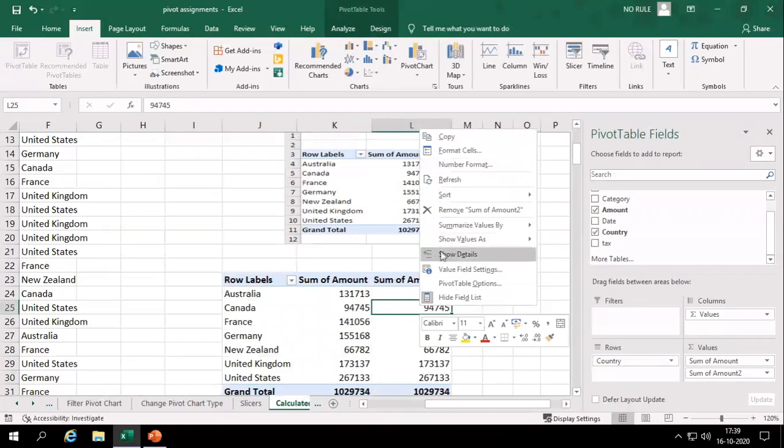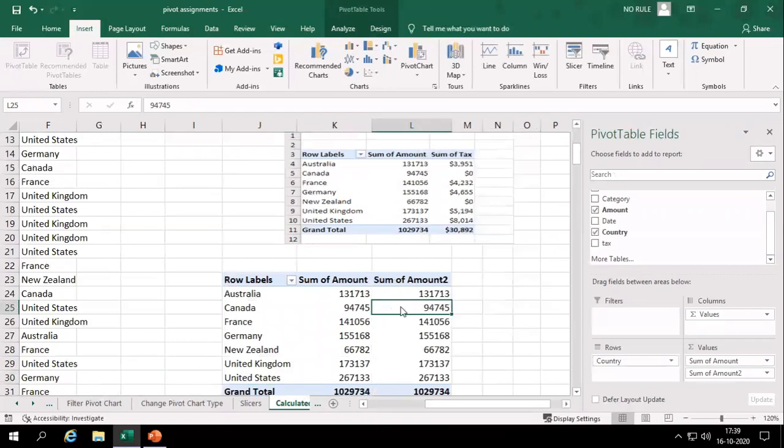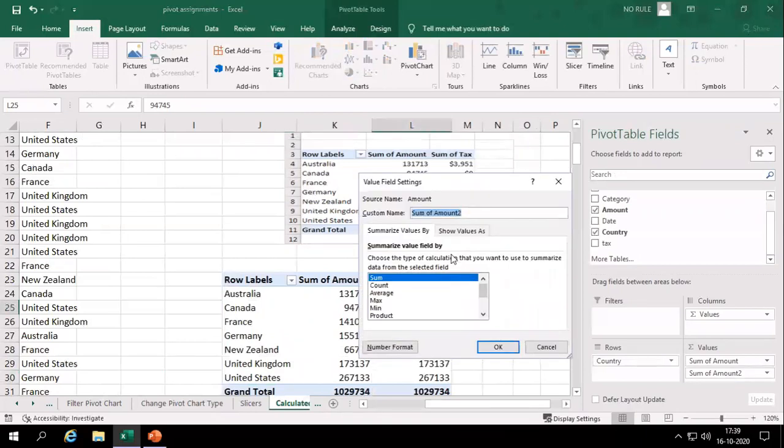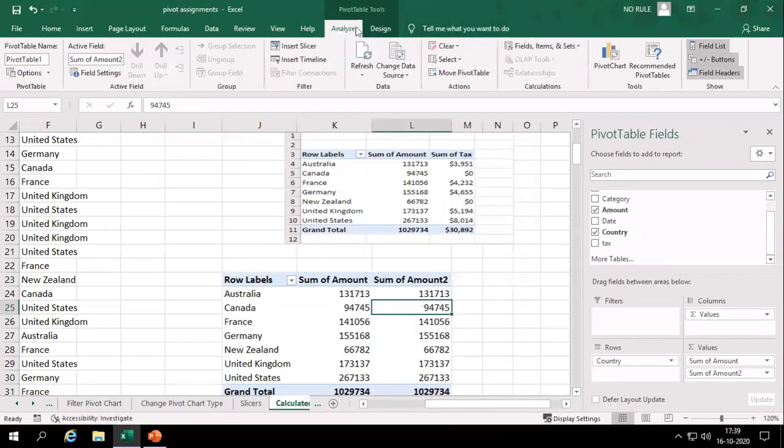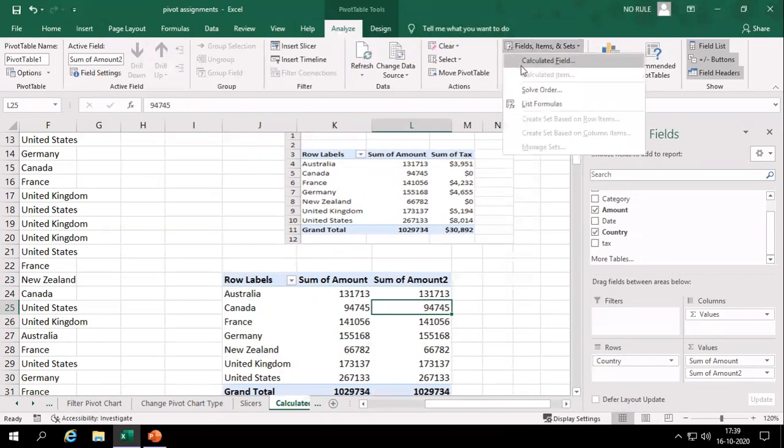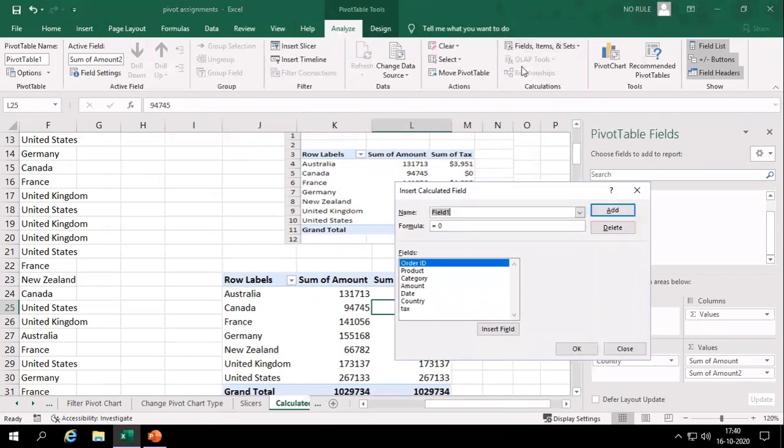Right click, value field, and convert that into sum of tax wise. Insert calculated field and select the tax. The formula here I have to enter. Equal IF, open bracket,